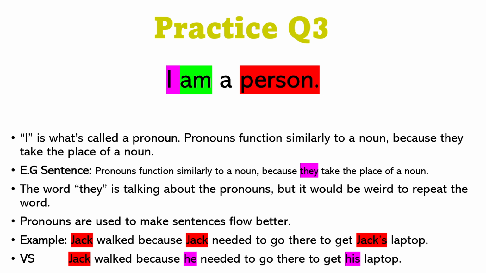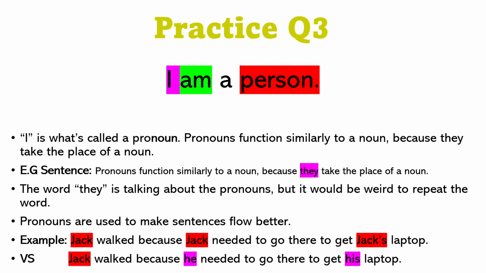So yeah, am is a verb. I'll go through the other things first and then we'll read this paragraph down below. Am is a verb because it's a state of being. It's a bit of a weird verb, but yeah, it is. That's the state of being. It's not like you're eating or drinking or doing an action, but yeah, I am, you are, he is. That word there is a verb as well. Don't worry about that. It's a bit complicated. We'll get into it. Person is obviously a noun. You probably got that. But yeah, pronouns function similarly, as I said, because they take the place of a noun.